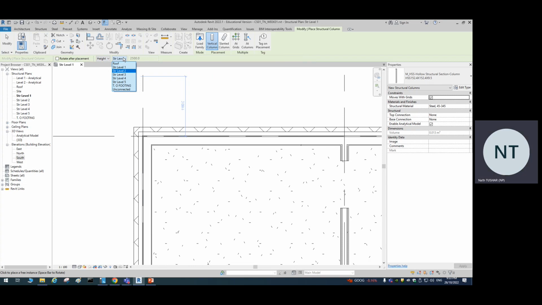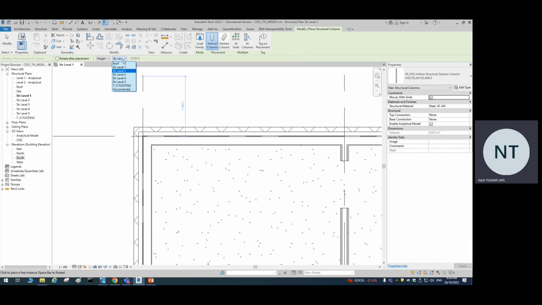And usually when we draw columns, we don't go and draw columns worth 10-story high because it's not manufacturable, right? You can't precast that. Maybe steel you can, but concrete you cannot, right? So usually columns are drawn one level to next level, then next level to next level, right? So that you can manufacture it inside the factory and then send it to site. Because the whole purpose of this is to make sure that it's related to construction, right? Usually we do that, but for this course, let's model the column that goes all the way to the top,